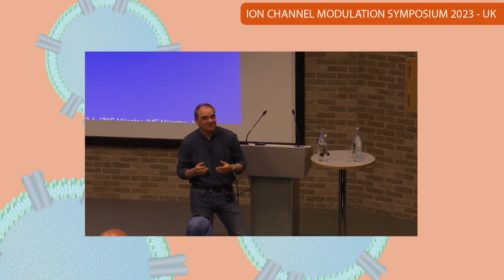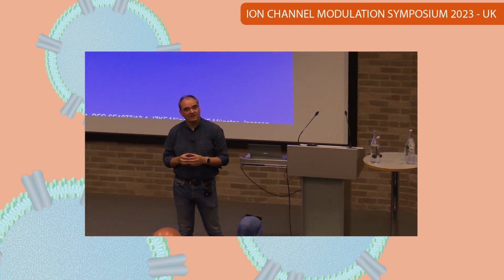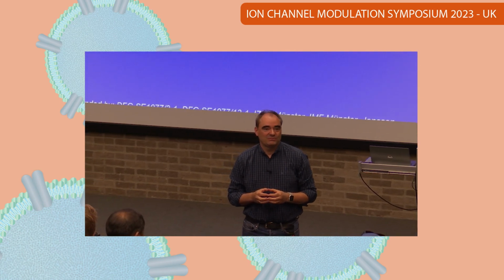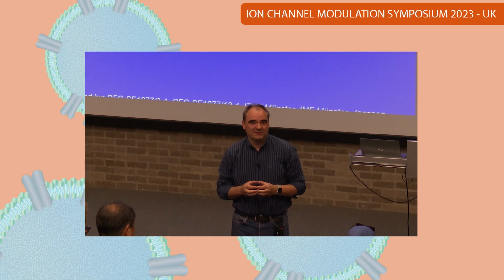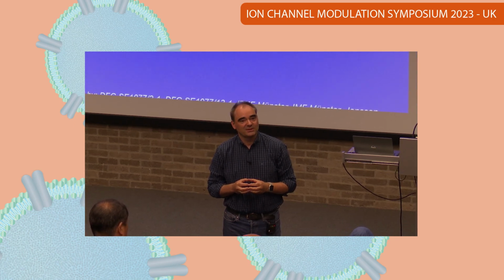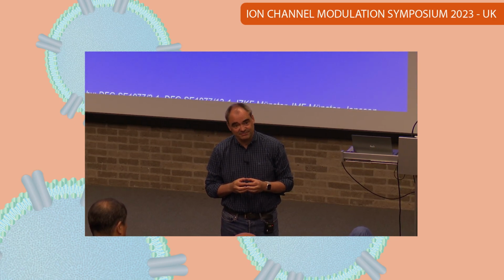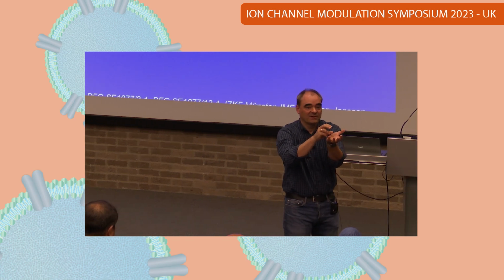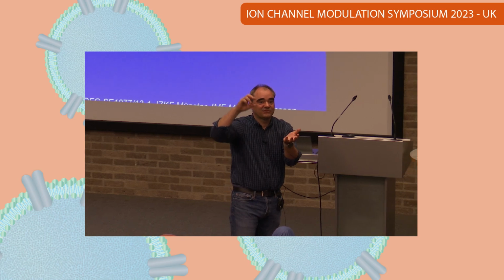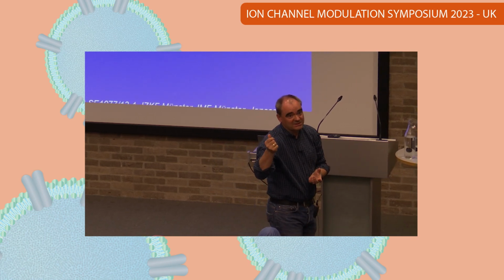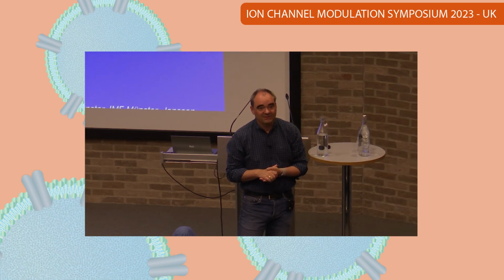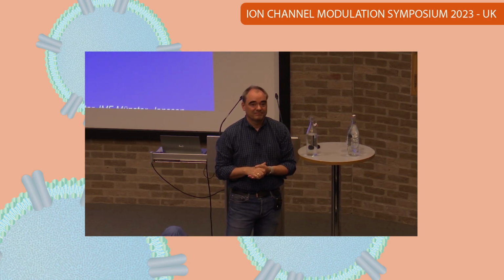pretty interesting, I think. Do you have a feel for what sort of percentage upregulation of the current this will actually result in? So in several systems, it was something like 200 to 300%. So it's massive. Wow. And it's really enriched in these vesicles and sitting there, waiting to be transferred and incorporated into the membrane. And SGK is also an immediate early gene, so it's really a fast response. Thanks.